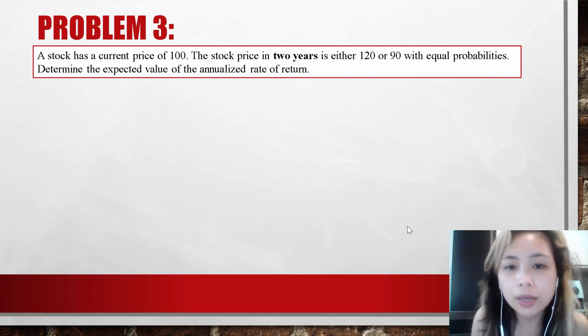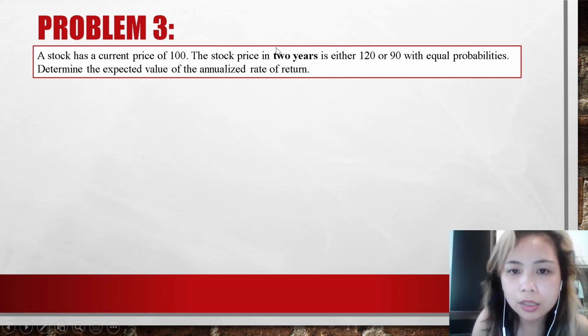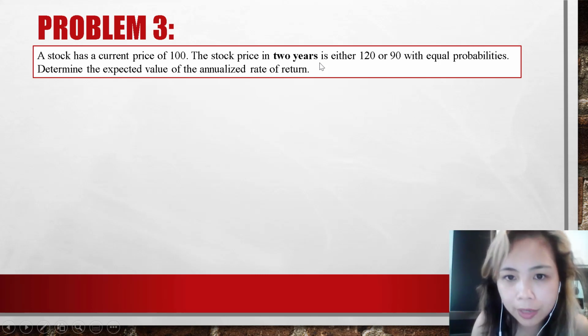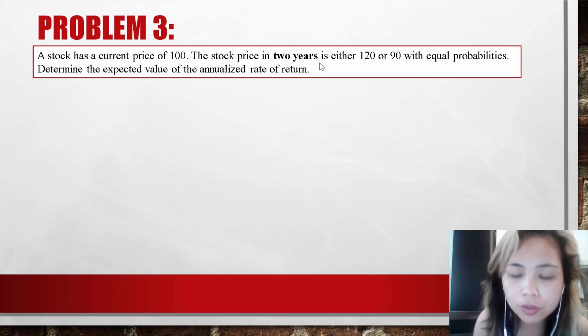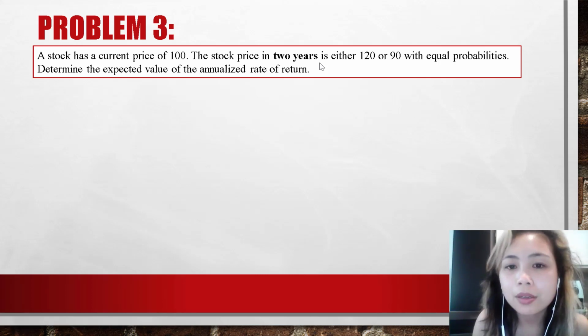So here you see that I highlighted the keyword 2 years, because without paying attention to these two words, you might have the wrong answer. Alright, so